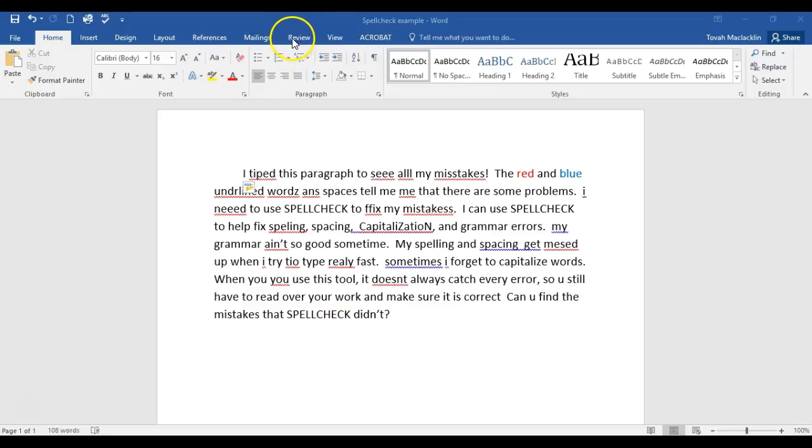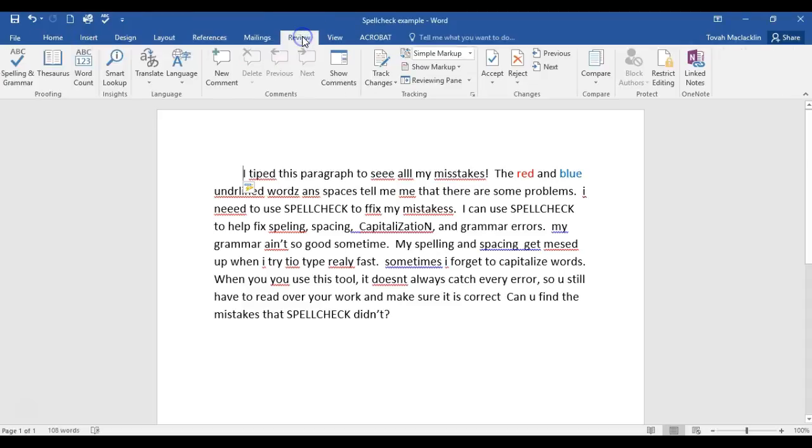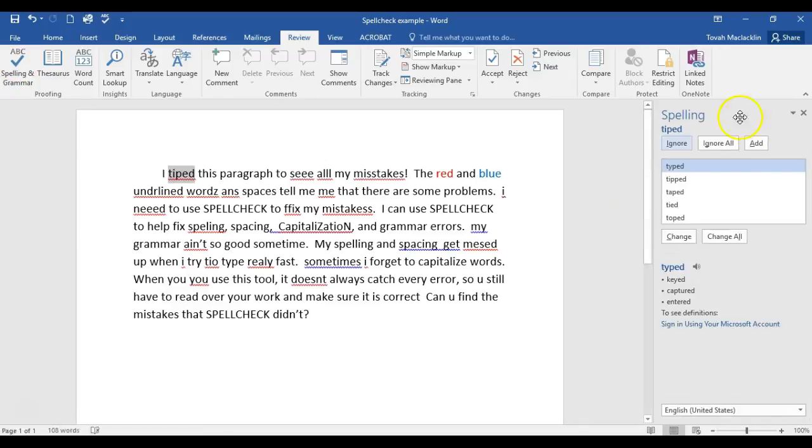So what you do is you go into Review, this Review tab up here. Right now we're in the Home tab, and we want to go into the Review tab here. Okay. And the first option here is the spelling and grammar option. So this tool here, it says spelling and grammar, typos not on our watch, let us check your spelling and grammar. So we're going to click that, and up pops on the right side